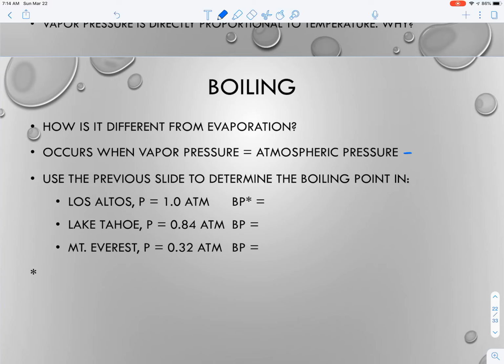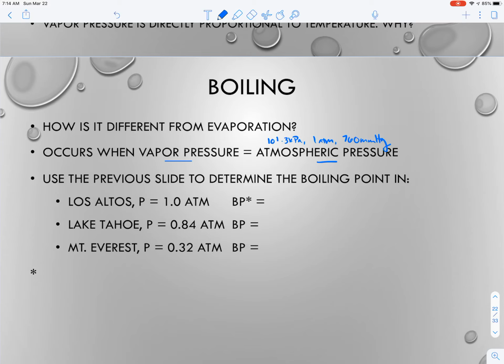Which is the second one here. Like when the vapor pressure, which was the y-axis on that graph, equals atmospheric pressure, which is either 101.3 kPa or 1 atmosphere or 760 millimeters of mercury, you get boiling. Okay, the why for that continues to elude me a little bit, but the best thing that I have found is that